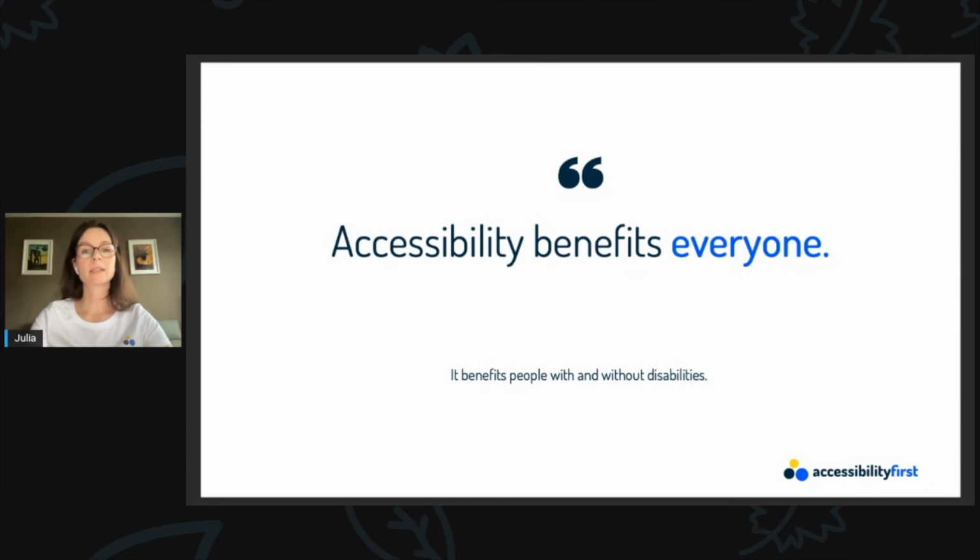And in the end, accessibility benefits everyone. Accessible design doesn't just make life easier for people with disabilities, as already said. It makes things possible. With accessible design, people with poor motor skills or limited to no vision can perceive information completely on their own without having to rely on the help of others.